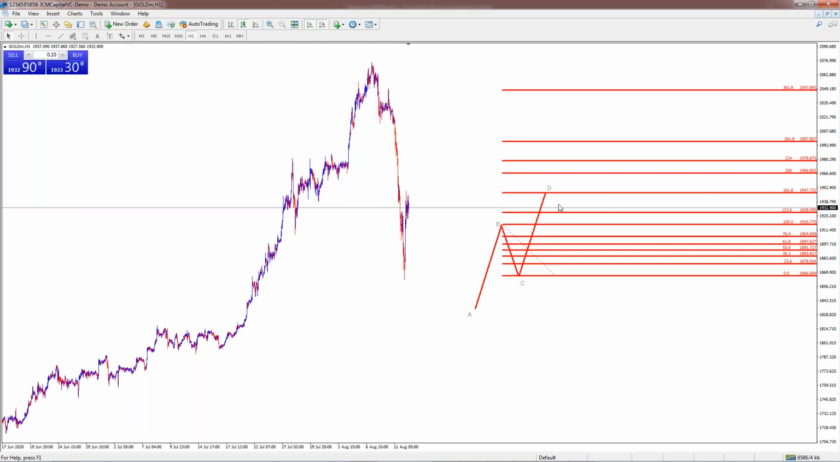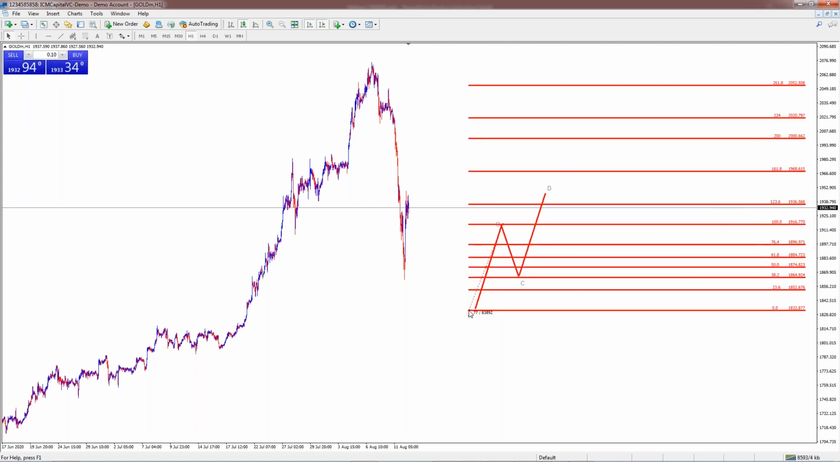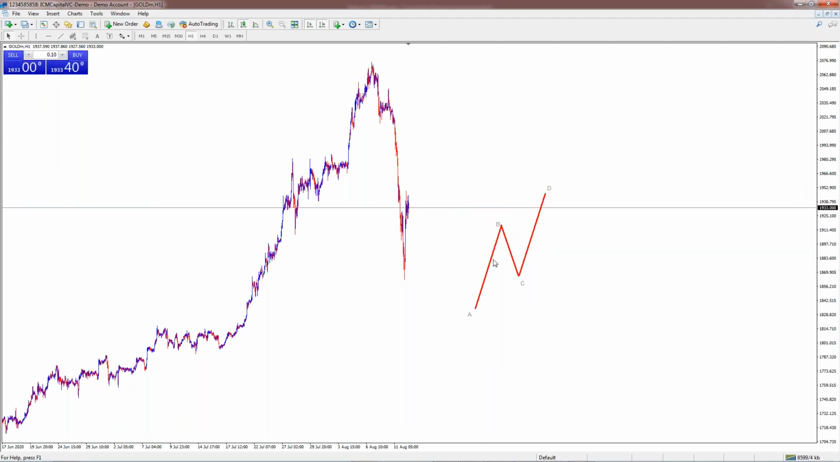So here we have this ABCD pattern. By just assuming this, we can also make another assumption: if we go for this movement from A to B, the other point, point D, should usually be around the 127 extension from A to B. Usually for the ABCD pattern, we look for AB to equal CD or almost equal to CD,